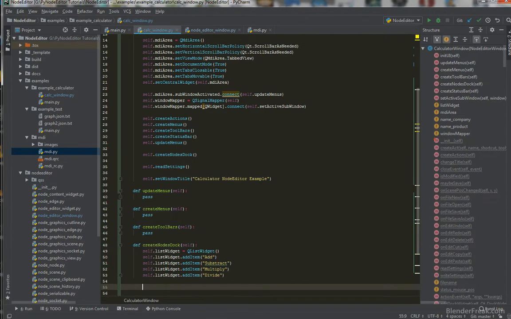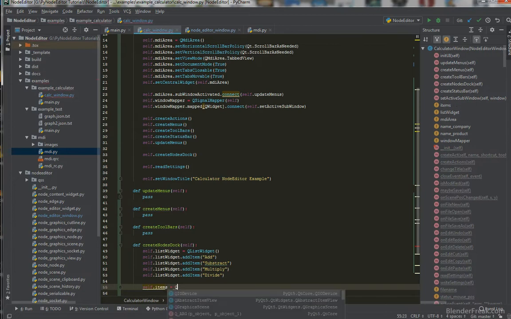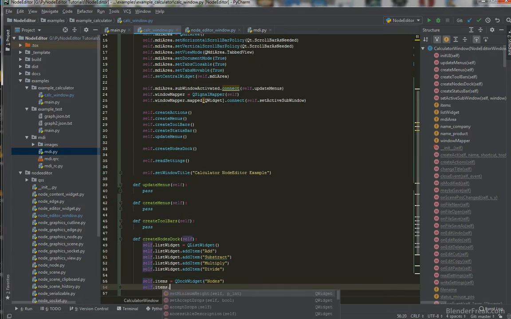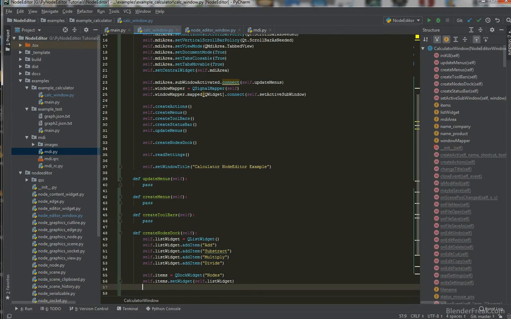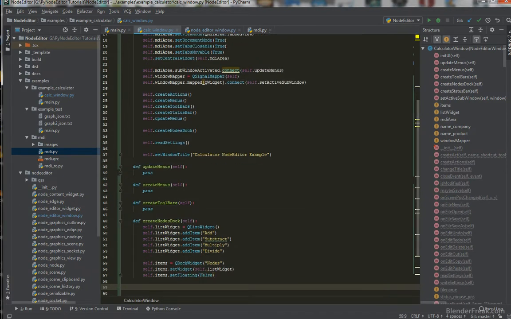Then to create a new docking window, we are going to say self.items equals QDockWidget nodes, and self.items.setWidget is going to be self.listWidget. And we do want to disable floating by default. So self.items.floating is false,